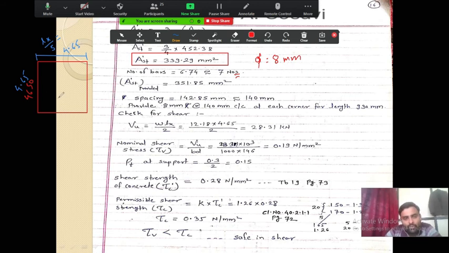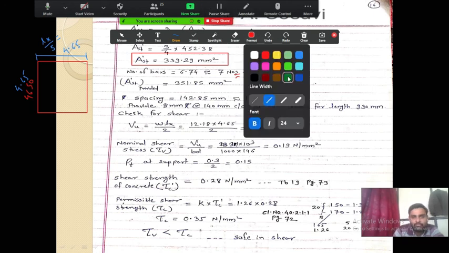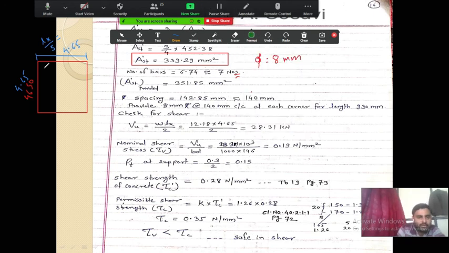Now we want to enter the number of bars. So the number of bars is 7, in how much area? In 1 meter width. In 1 by 1, 7 bars are there. Now we want to calculate this spacing, this 140. How does that value come? If I place the bars over here, this may be the placement of the bars. In this way we are going to provide the bars.